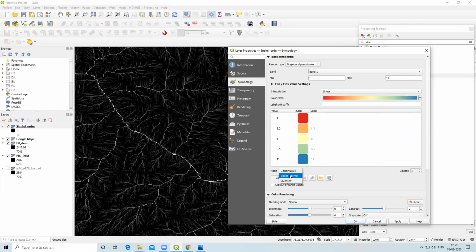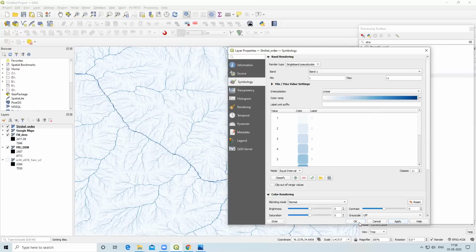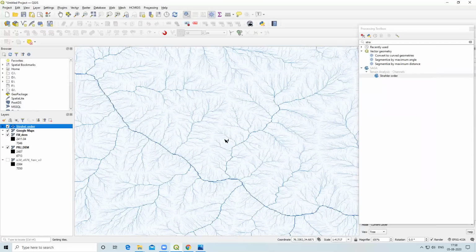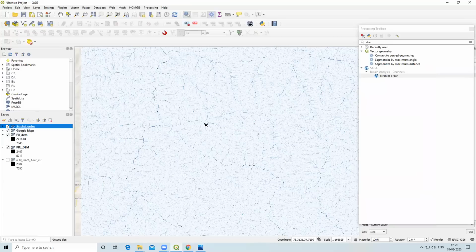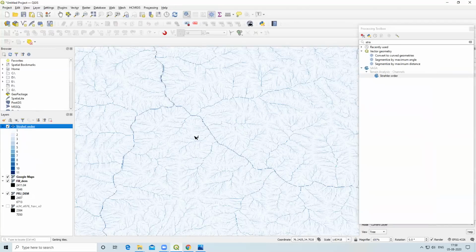So I will add equal interval with 11 classes, then click on classify plus, and apply. This color is not looking so good, so I'll change the color. I'll select a blue color, apply, and OK. Now you can observe this dark color mostly. If I click here, dark blue is mostly the big river, and you can see first order, second order, third order, up to 11 orders.